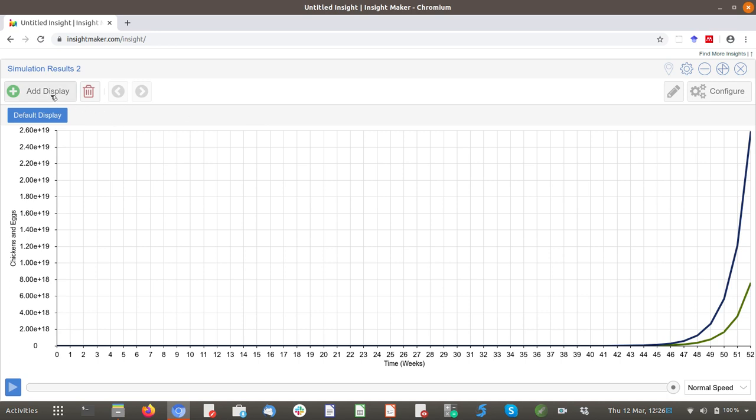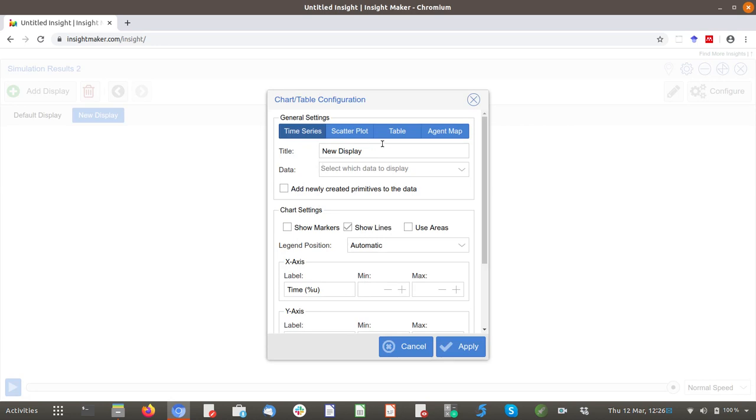Something to flag up here. By default, the display will show a graph monitoring all the elements that we've added into our model. I can actually select different displays. So I can click Add Display. I can select to add a display that's a table. So rather than showing a graph, it'll show the numbers over time. So if I click on that and click Apply,